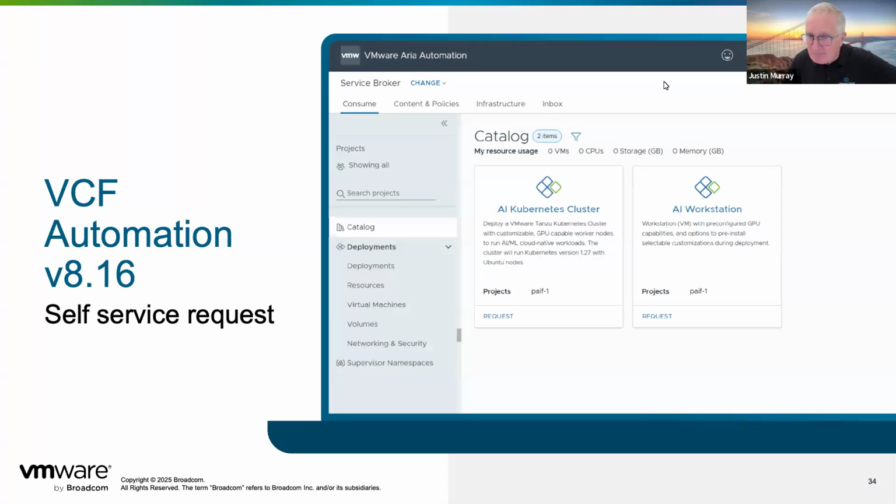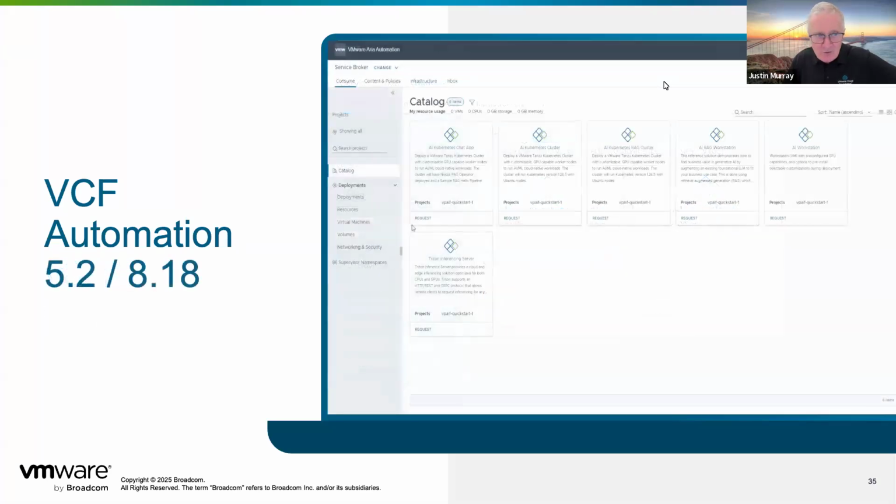We've rapidly expanded this collection of things. So in the more recent versions, you have all kinds of flavors of AI workstations, like an AI workstation that does RAG, second from the right at the top there, or a Kubernetes cluster that does RAG, that has both the large language model and the vector database that supports RAG in it, retrieval augmented generation. You can just use a bare AI workstation that just has Python and PyTorch in it. That's what we'll do next in the next few steps here.